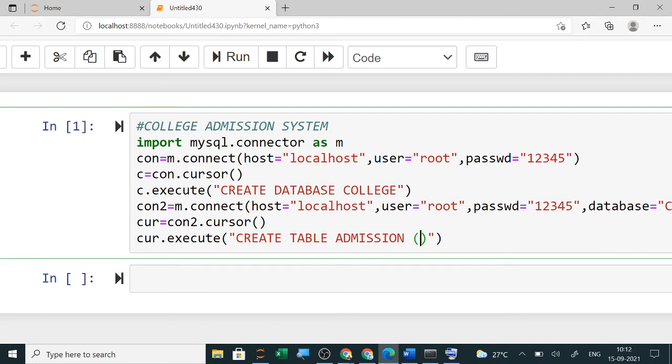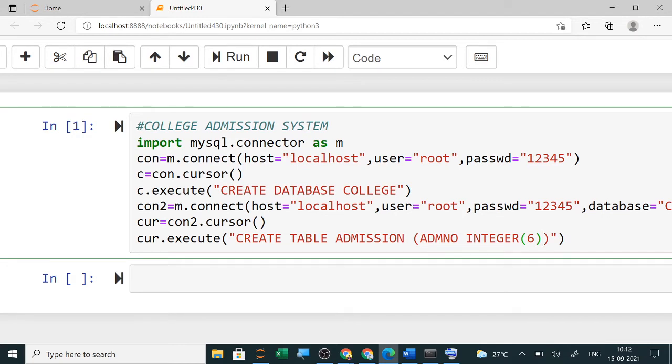So your admission number, suppose I am giving here the name as admission number. Now this is an integer, so you can make it a char also. But I am making it an integer. Now my admission number is a maximum of this many digits. So this I have written, admission number.